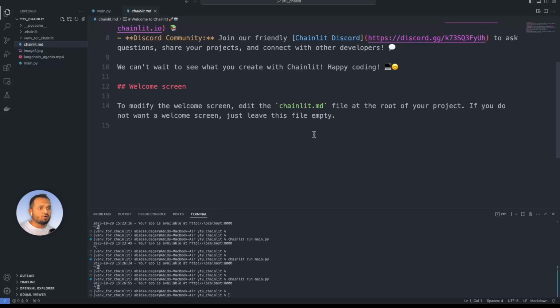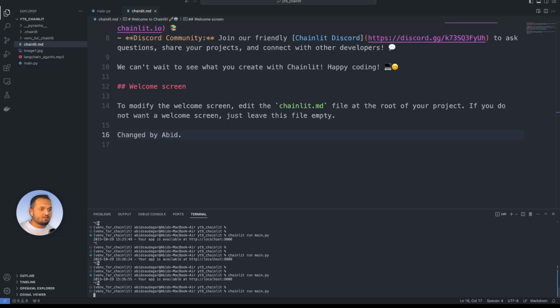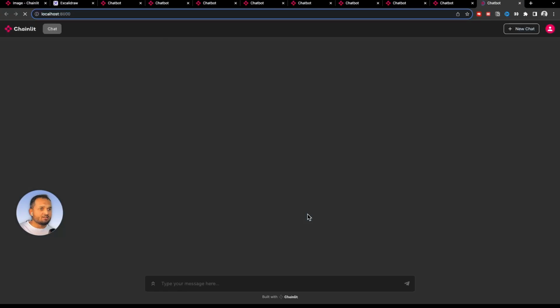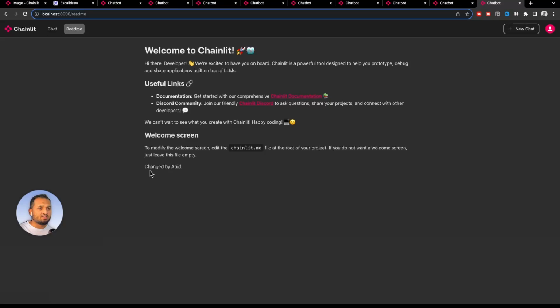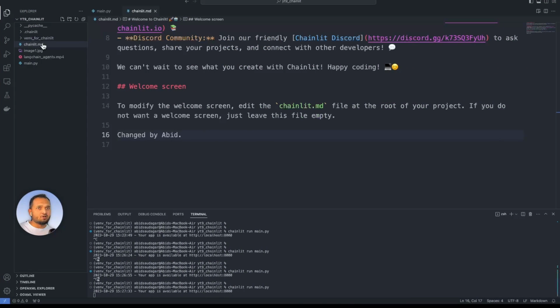And in this file, whatever you change, it will reflect on the README file. So I'll just change it to by Abid. I'll add one more line here. I'll run this API once again, and let's just see how it will look. And I'll go to the README section, and here it changed by Abid. So you can change this file by going into the chainlit.md file.